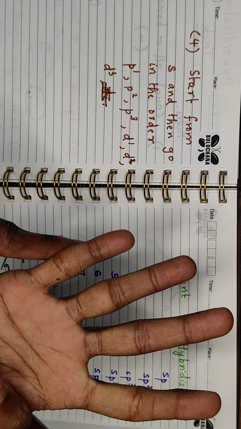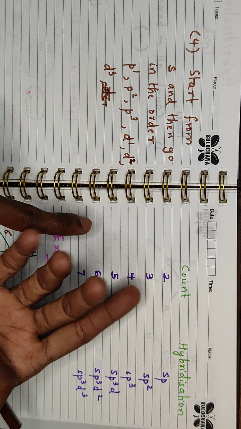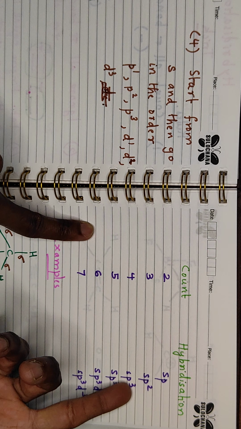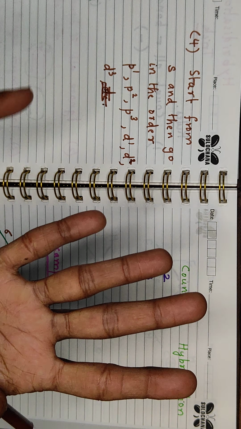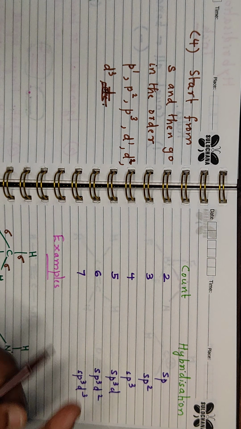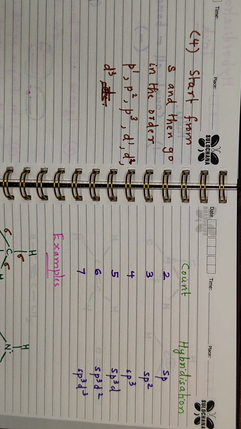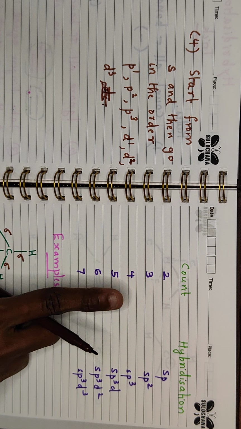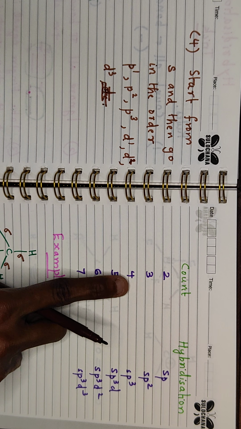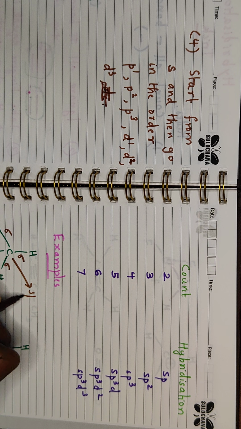So you have to start with S. So it is S, P1, P2, P3. The total number is 4, which means sp3. You can find this using your fingers. After the finger calculation, this table has been made. As a quicker way of recognition, you can memorize this table as such. Since the count is 4, it is sp3, which means this carbon is sp3